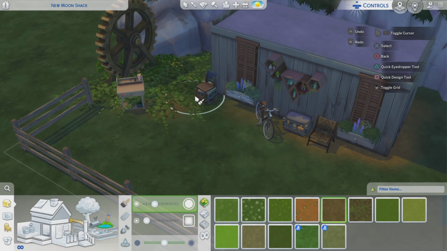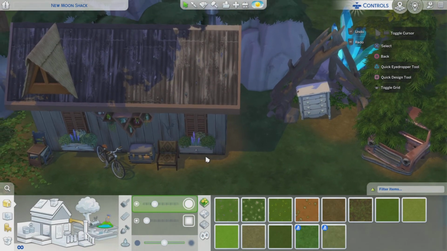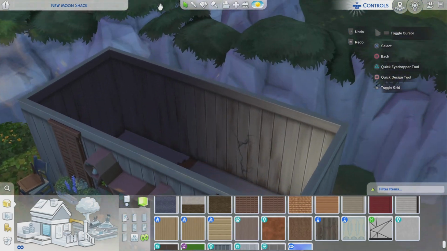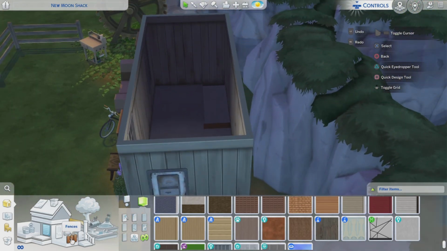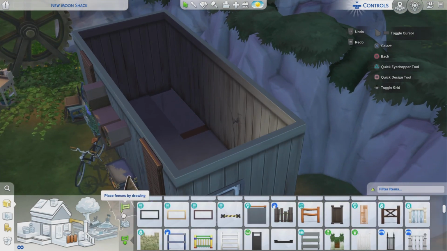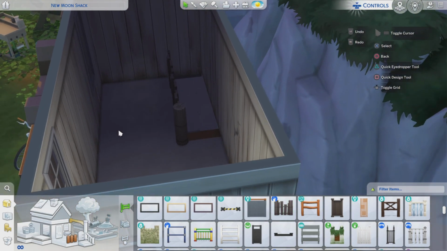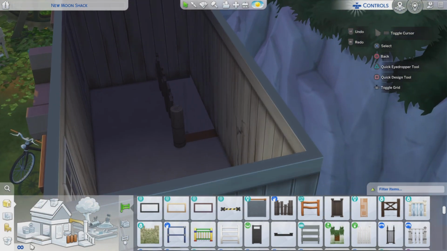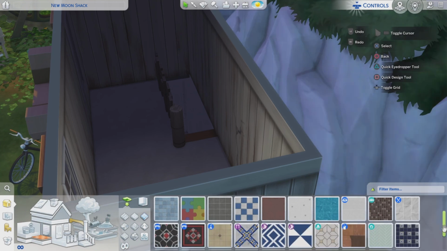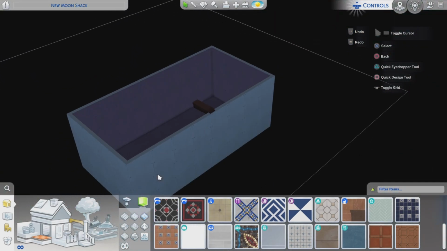And now some terrain paint. I don't think I'm doing very much more. Well, let's go inside to see, because we have the same sidings inside as on the outside of the house. Now I need some railings down the stairs, and I am using the fence from the werewolf pack. And I want to use those tiles that look broken, also from the vampire,